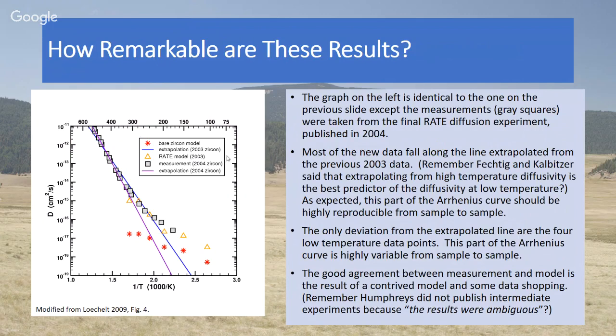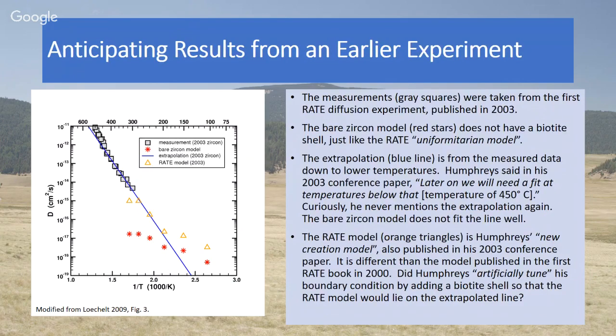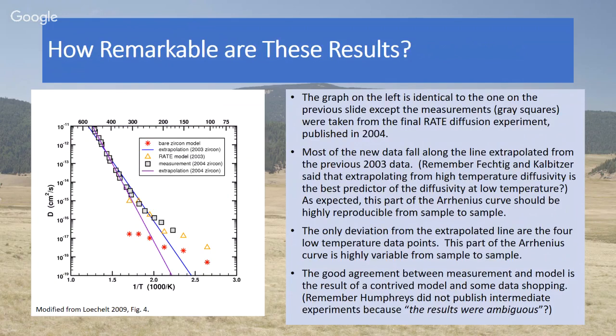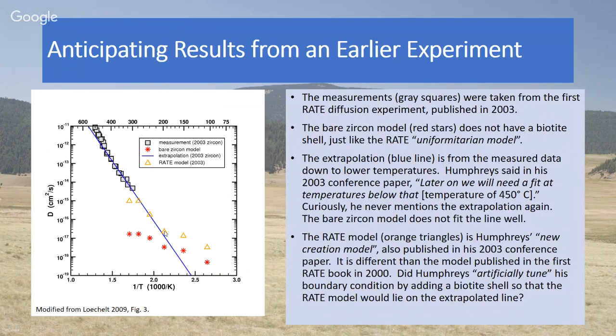And his model in 2003, which was tuned to lie upon this extrapolated line, yeah, that was already done. So it should be no surprise now that measurement and model agree. Because if you have this known, how hard is that of a prediction? Basically, the prediction is, if I run this experiment again, I'll get data points that fall along here. That's really all he's predicting. And lo and behold, you run a similar experiment, and you get data points that fall right along there.